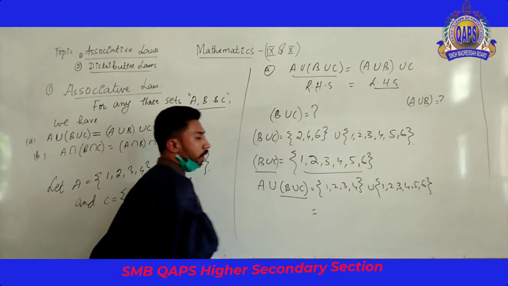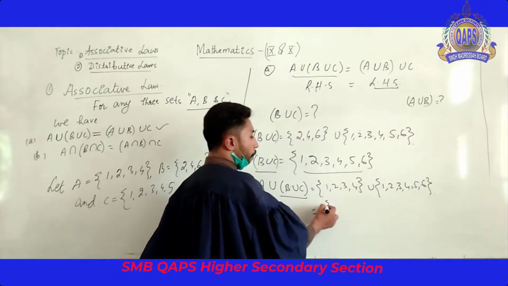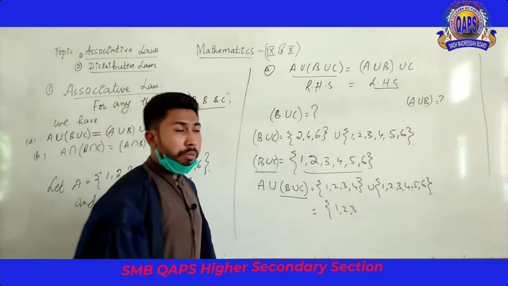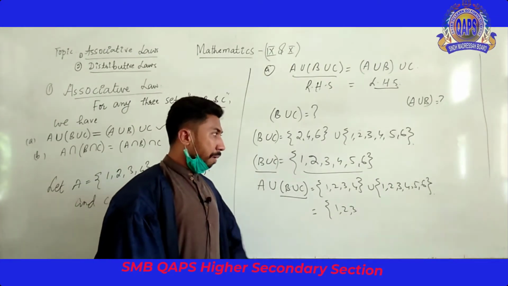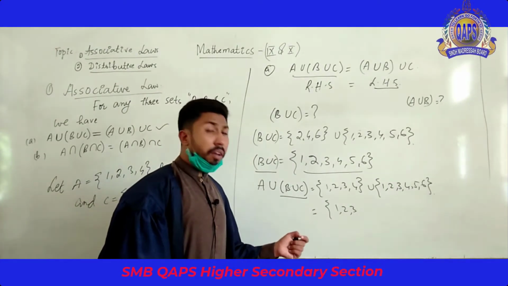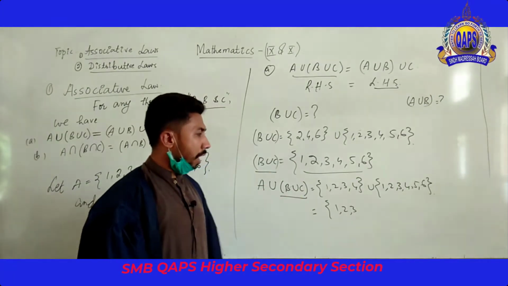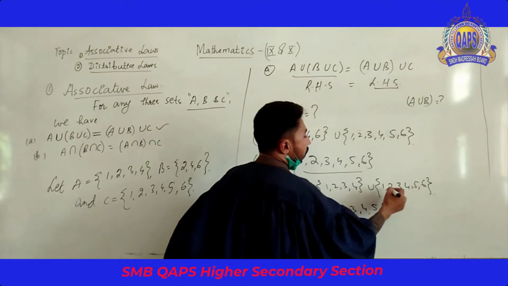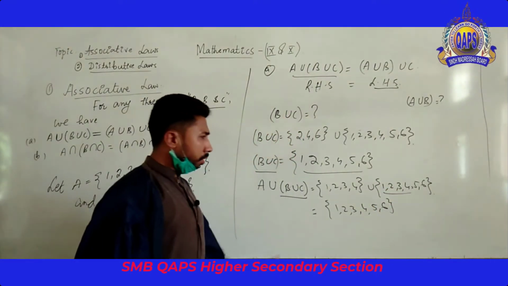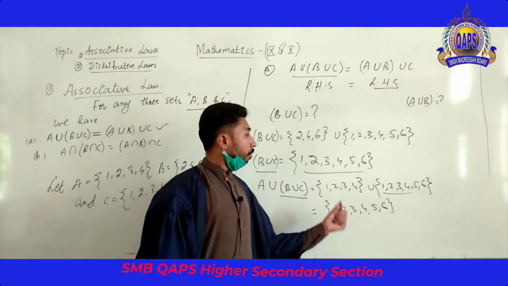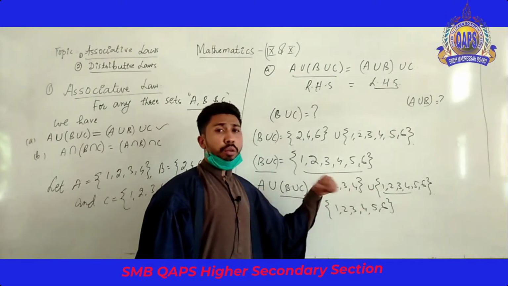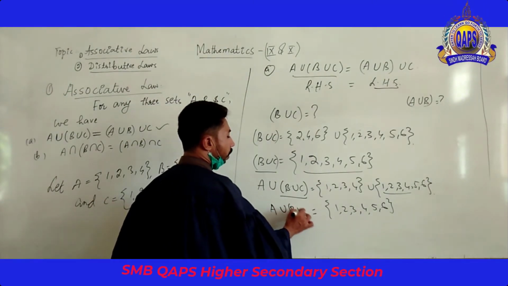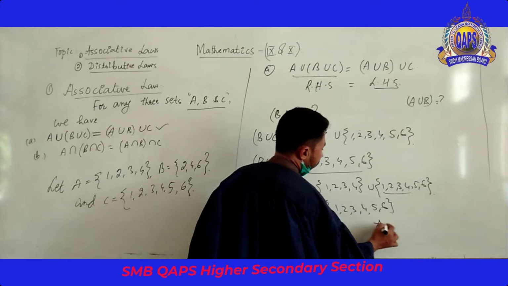Now in the same condition here, in union we put all elements, whether they are repeated or not, but in the repeated case we write only a single form of the element. So here 1, 2, 3, 4 and 5, 6. We are leaving these 4 elements because they are already here, so that's why we do not write them 2 times in this answer. So A union B union C contains 1 to 6 elements.